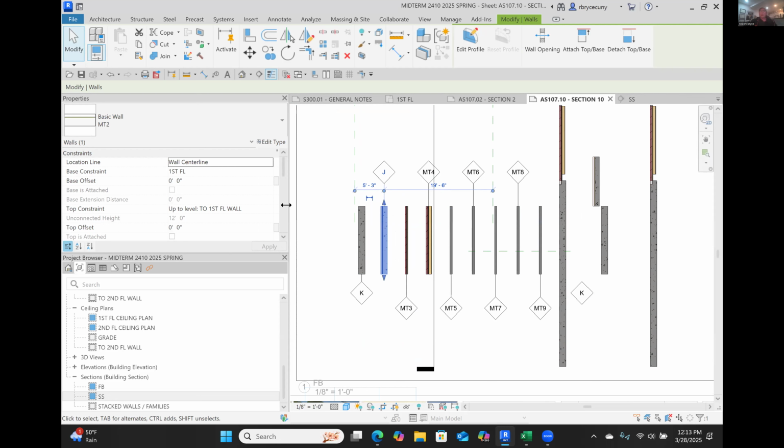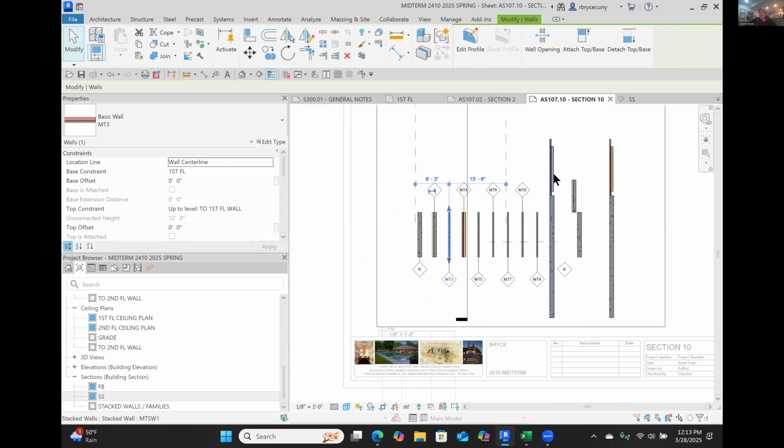But what you want to do is already have your basic walls laid out here. And you can call them A, B, C, D. I called it MT4 because it's midterm 4. You can call it whatever you want. Then you simply go in and edit each one to reflect what I'm telling you to make those walls a part of. Then once you've made all of those walls, and you have 3 stacked walls already in your project,